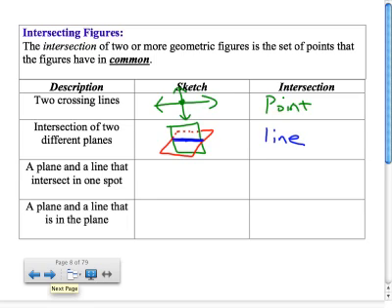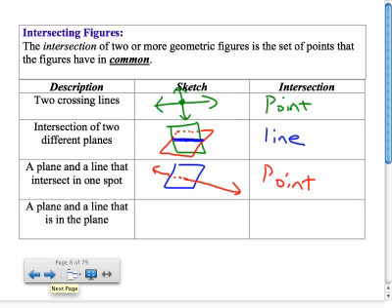Not a segment. Next, a plane and a line that intersect in one spot. So something like this. There's the plane, and then I'll draw the line. So maybe something like this, and they intersect right there. Well, that intersection is a point. And finally,